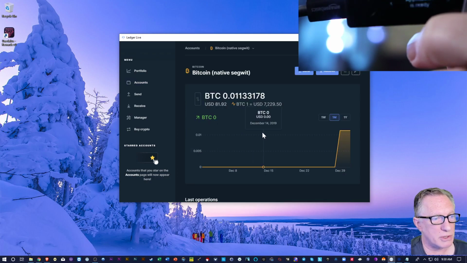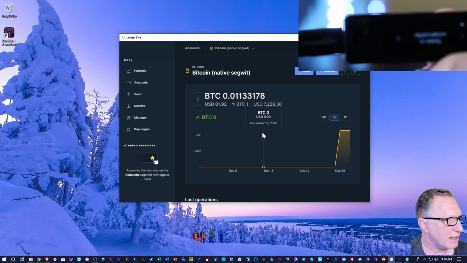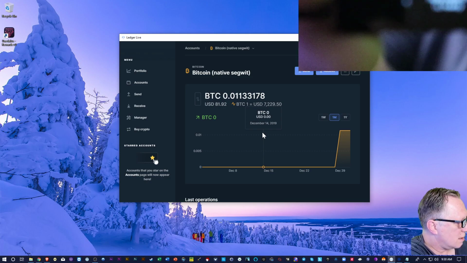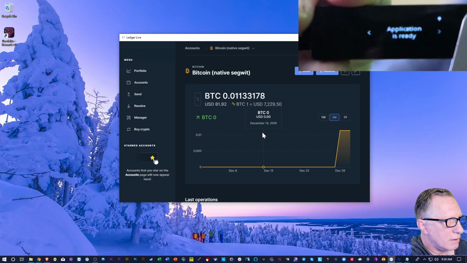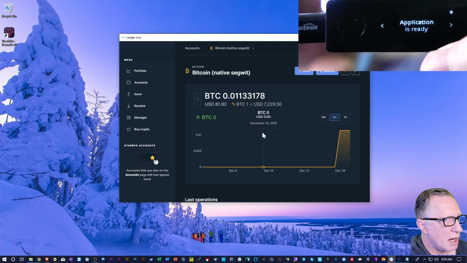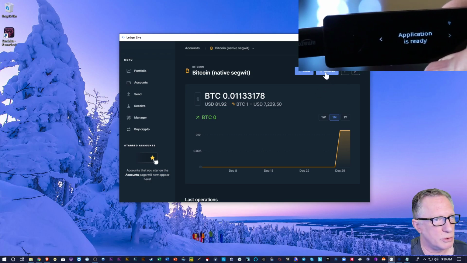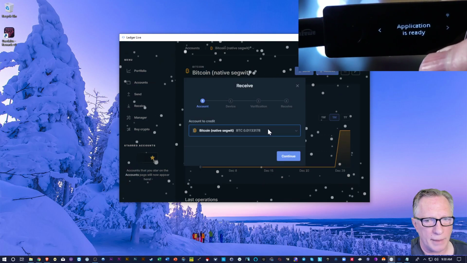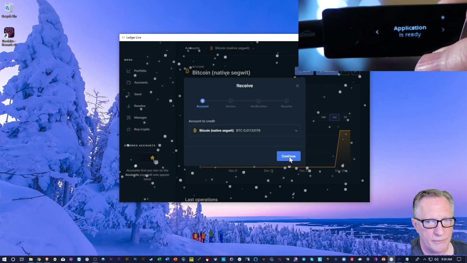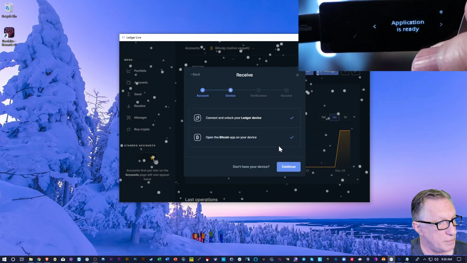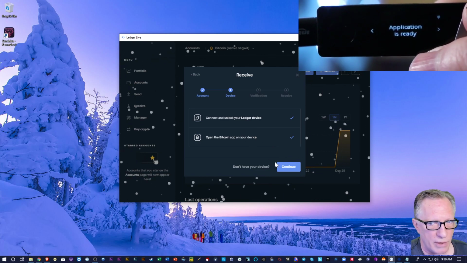Now, suppose I want someone to send me Bitcoin. Sorry, guys, I need to get this a little closer. All right, there we go. Sorry about that. Suppose I want someone to send me Bitcoin. I'm going to do receive. It shows me the same account that I'm in right now. I'm in the Bitcoin app, and my Ledger is unlocked, so I'll hit